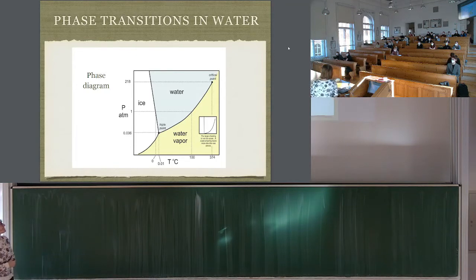What is interesting in that diagram is the critical point up there, where actually the transition from water to vapor disappears at high enough pressures and high enough temperatures. So it's kind of interesting. How can a phase transition that is there just disappear? Well, that's what it does. You have the familiar line with 100 degrees evaporating at normal atmospheric pressure and 0 degrees freezing at normal atmospheric pressure.